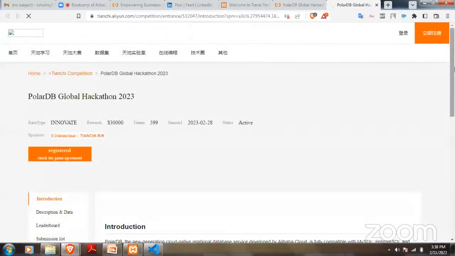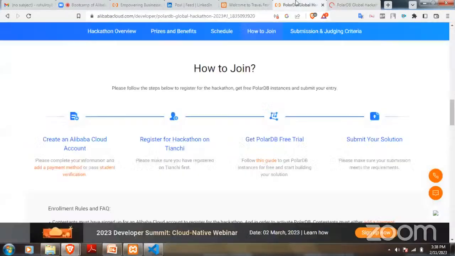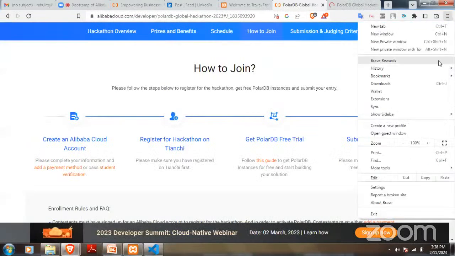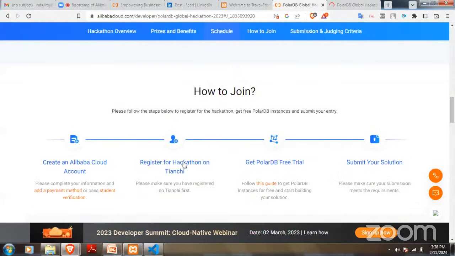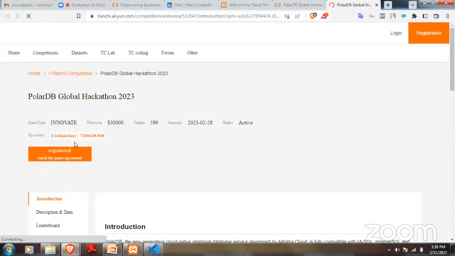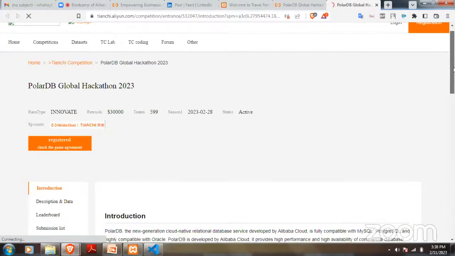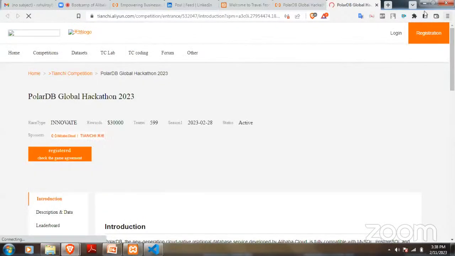Yeah, so this is the page. So let me just do it. Landing page, and this is, you have to click on here. Since he has already registered, if you are getting this page for the very first time, you have to click sign up 2 times. First sign up and then the second sign up, when you will be seeing the terms and conditions of this global hackathon, and then you have to click on apply, right? So then only you'll be able to take part in it, right?